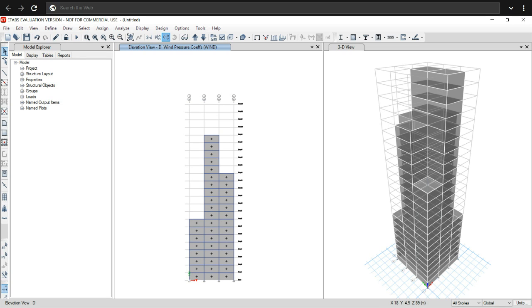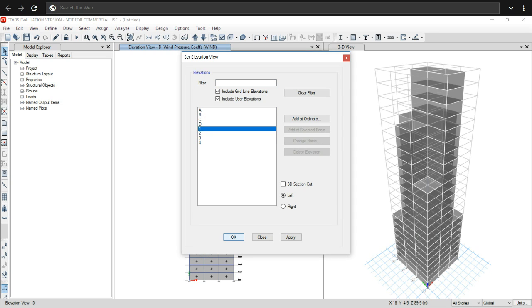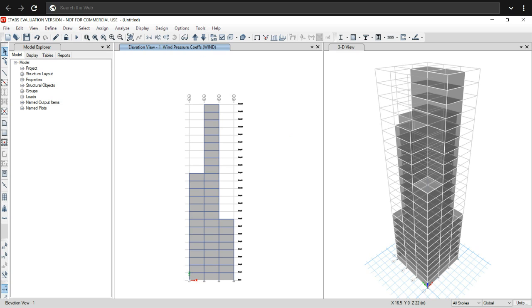Now for section 1, 2, 3, 4, windward coefficient is minus 0.8.